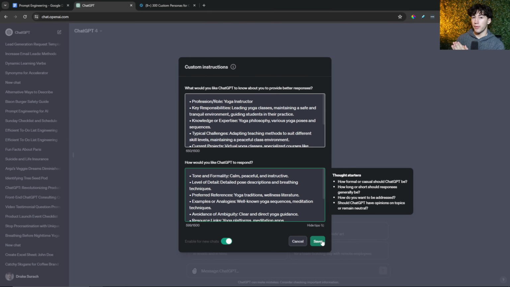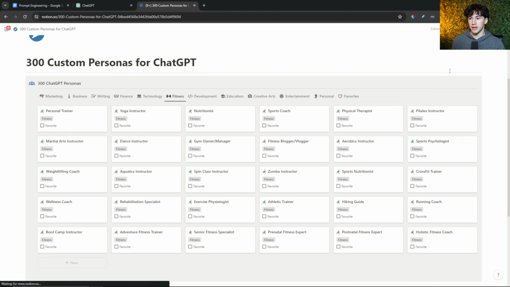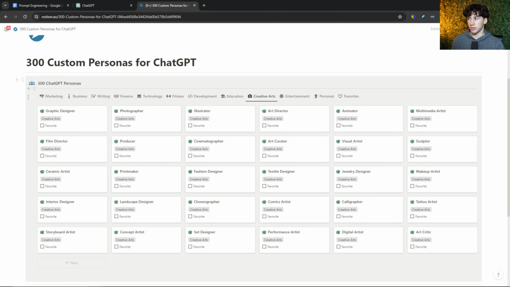So when you get to a point in your prompt engineering where you can start developing these workflows, that's when it becomes powerful, and most people do not get here. That's why I wanted a quick and easy way for people to get here by providing these 300 personas